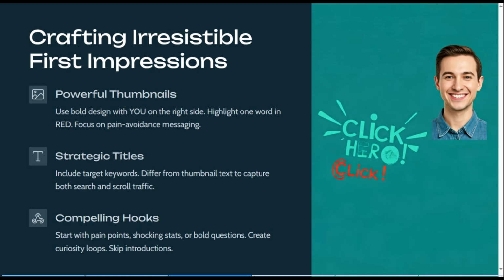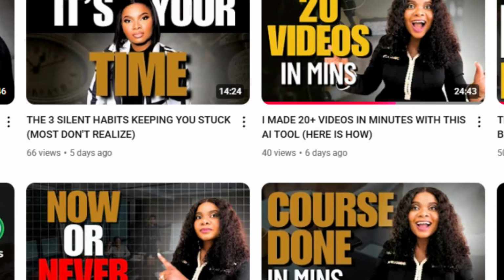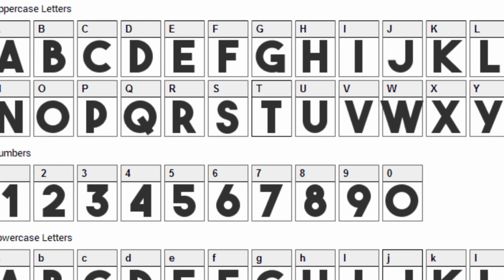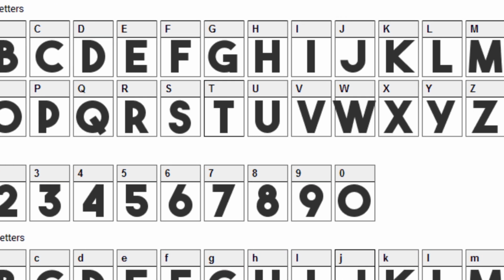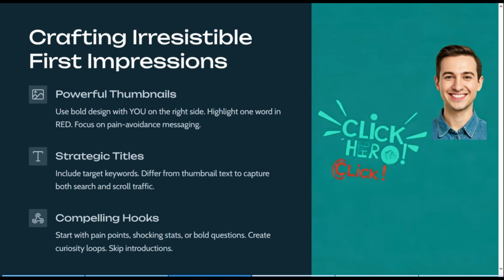It needs to have high contrast. Contrast, that's what I mean by contrast, is colors. Although there should be moderation, you need to use sharper colors and fewer words that lead people away from pain. And another thing I must mention under thumbnails, it needs to be bold because most people watch from their phones. So they need to see it even from that small phone. They need to see it clearly and boldly. So look at the thumbnail of this video and you understand what I mean. It needs to be bold. That's how people click. That's how you get the viewers.